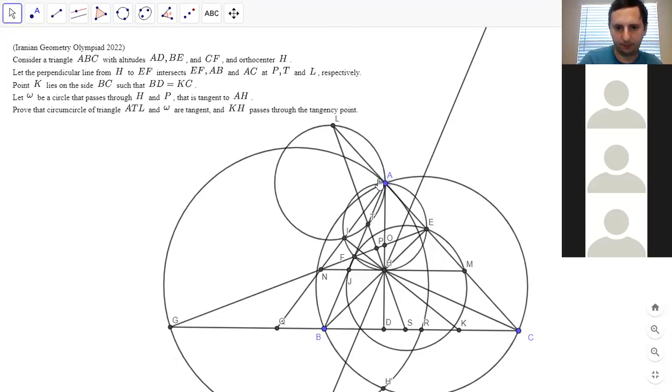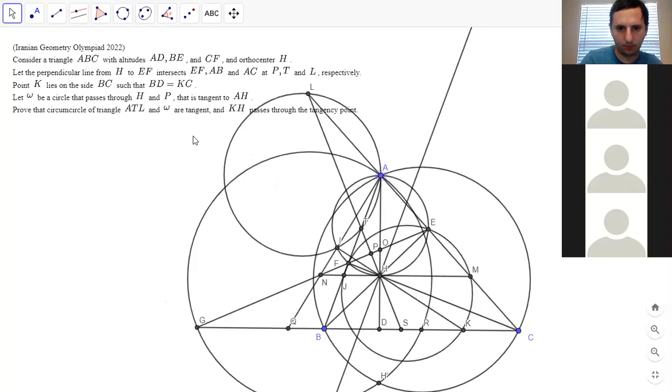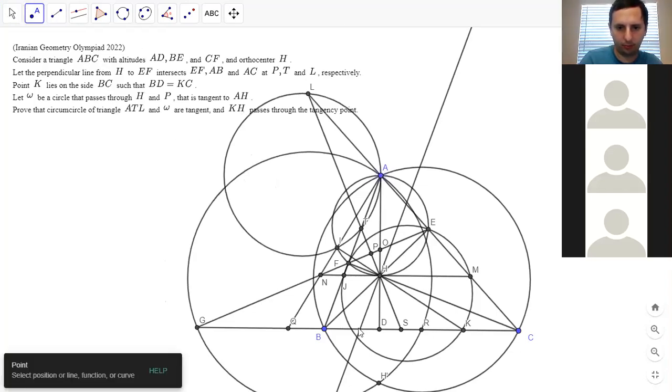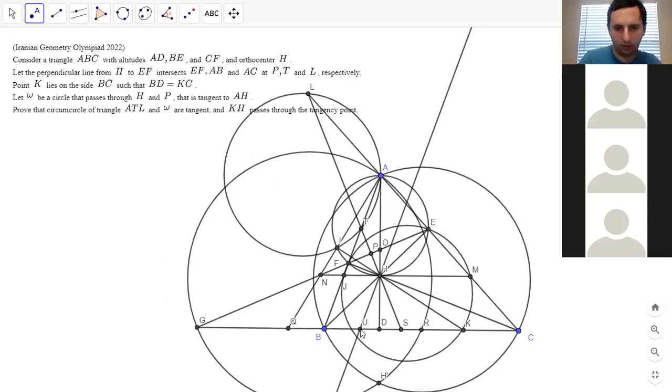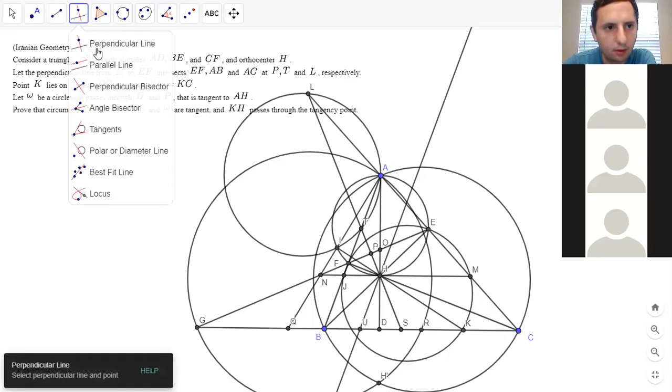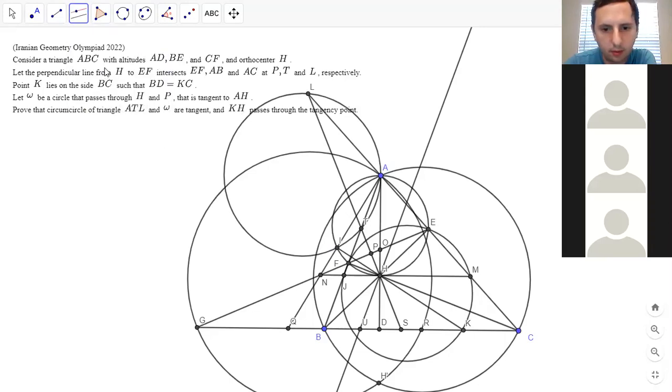So like, this is a parallel through H to AB. So then I would have the cross ratio C, S, U, infinity. So I want to show that CS over SU is equal to